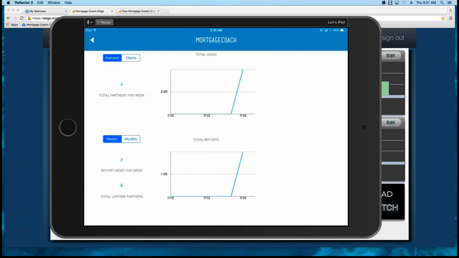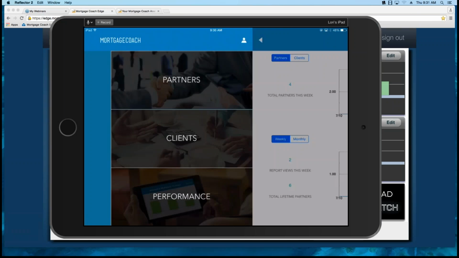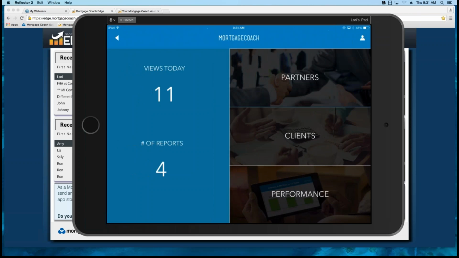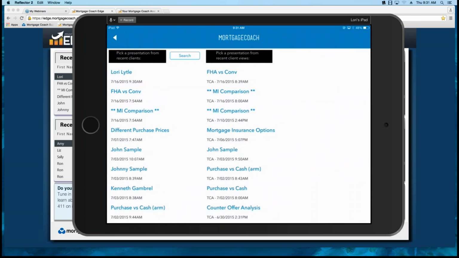So this is just really quick, just giving you a status of how you're using Edge and the reports that are being viewed. So now let's go ahead and go back. And you can see on the left-hand side that I've done 4 reports today, and of those 4 reports, I had 11 views. So I want to put those into perspective. So now I'm going to jump into clients, and the flow of my clients is the same as the partner. So I'm going to go ahead and click on clients, and if you're on a phone,